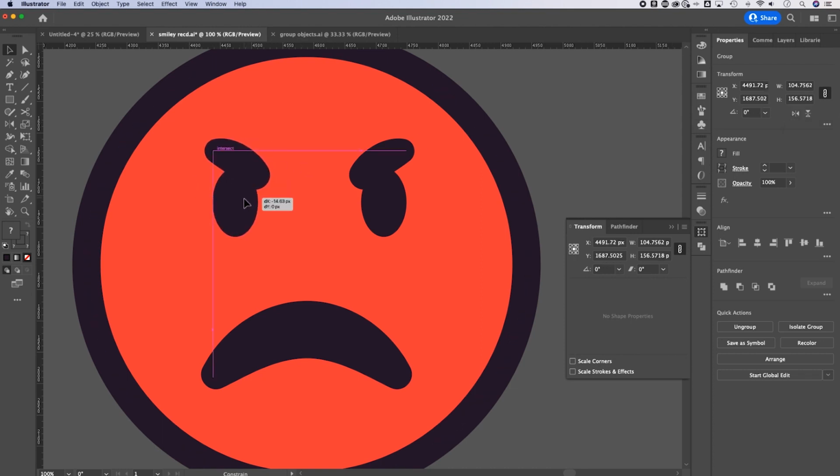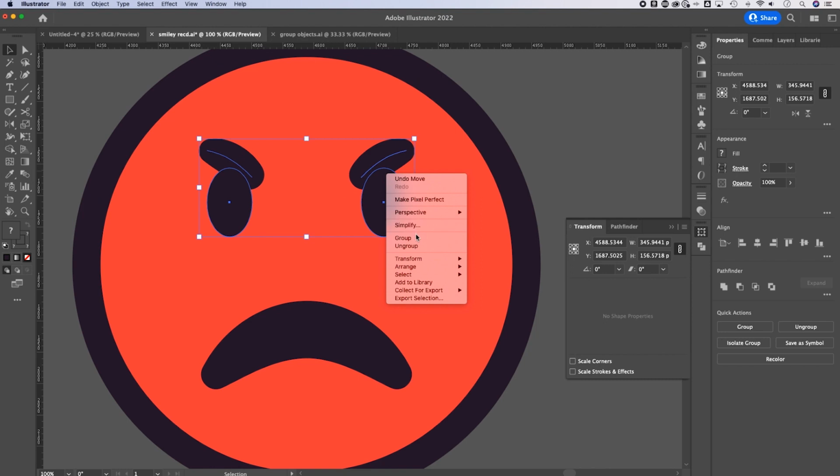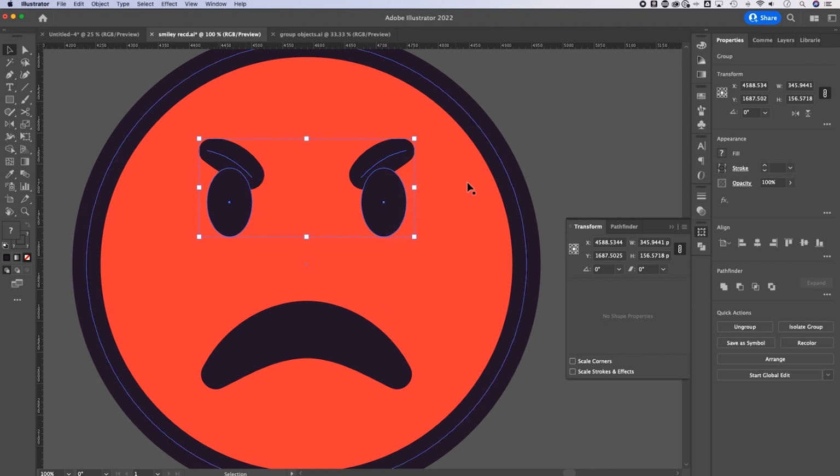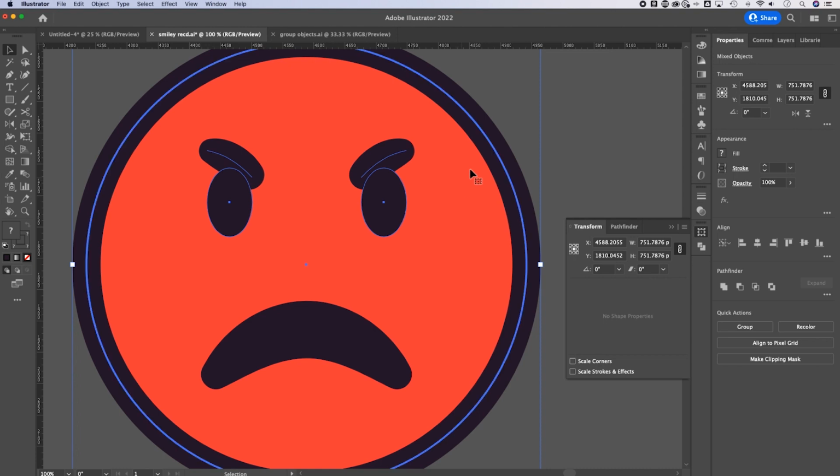Now this is grouped together, so if I hit flip horizontal, it's just going to flip that guy horizontal, kind of get these spaced out as far as I want them, and then I can select them both by holding Shift, and I can actually group these two groups. So now I've got a group of two groups, and this group, if I shift click on the outside,